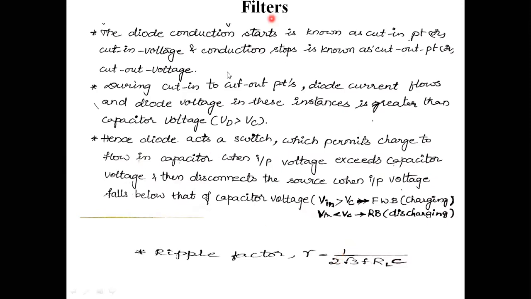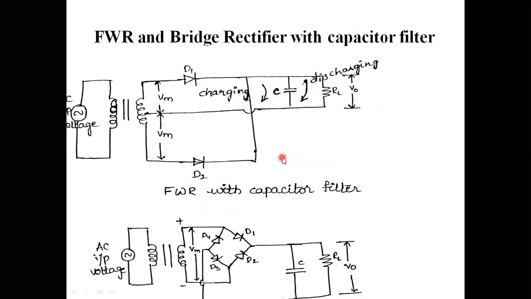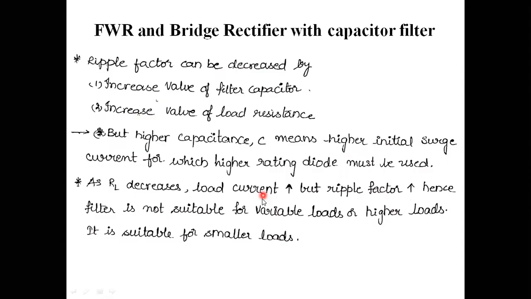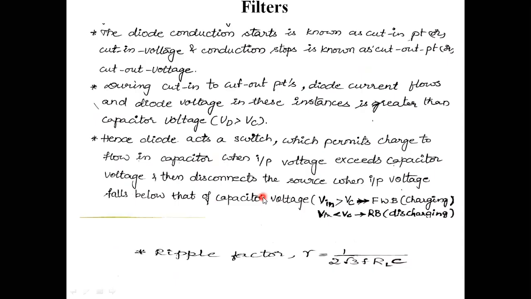Mainly, the capacitor acts as follows: in forward bias condition, the capacitor acts as the charging part. In reverse bias condition, the capacitor is in the discharging part. In this way, we will see the same circuit and this operation in the next class. Okay, don't worry, we will see this operation in the next class.